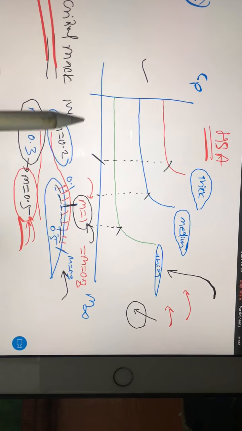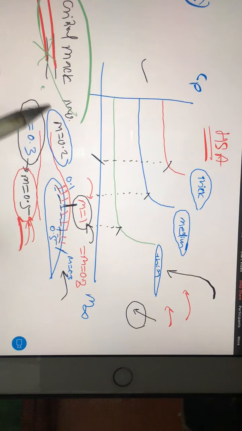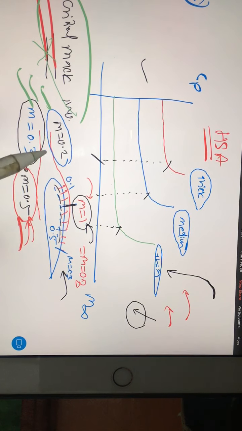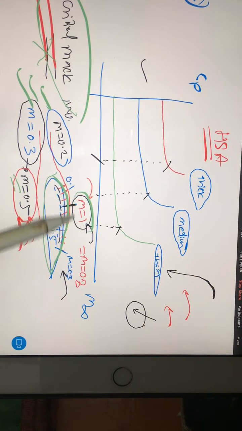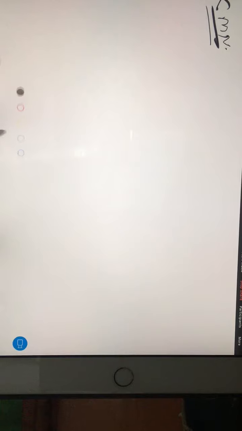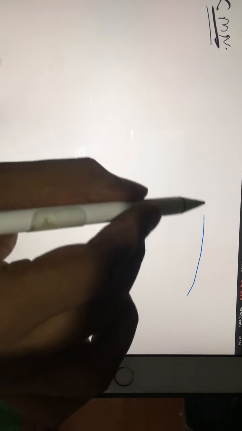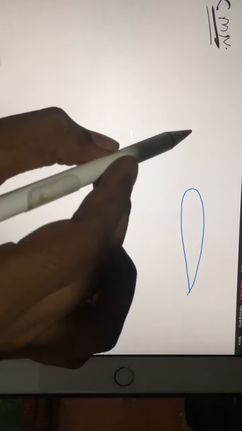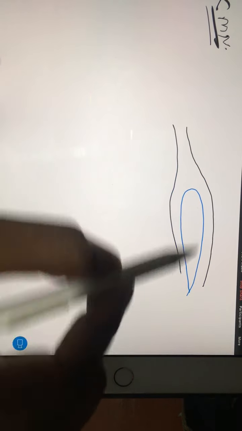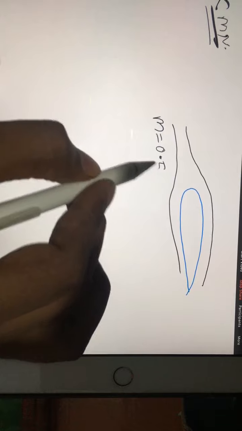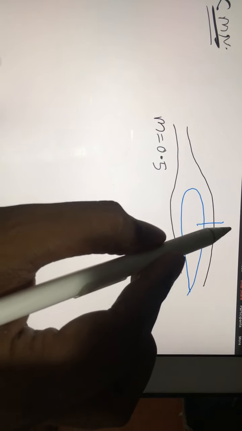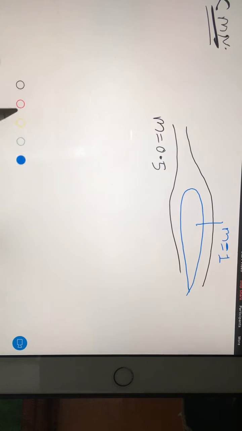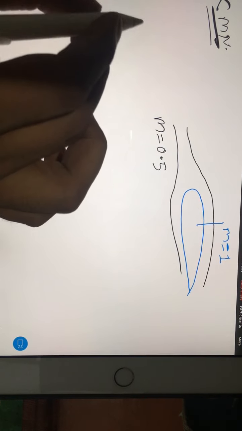It means the critical Mach number is nothing but the value of free stream Mach number for which, for the first time over the airfoil, you are getting Mach equal to 1. That's all. So take down this sentence about the critical Mach number. You have to draw one small diagram in which you show your free stream Mach number, for example 0.5, and show that at this section you are getting M equal to 1. So now write this.